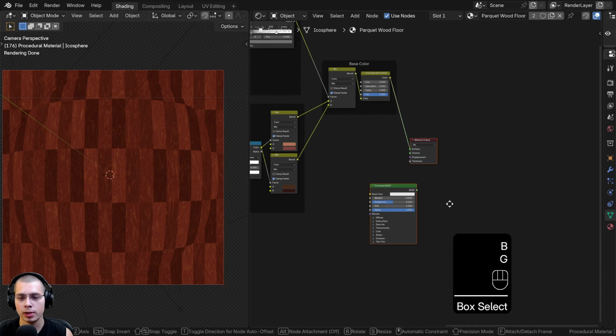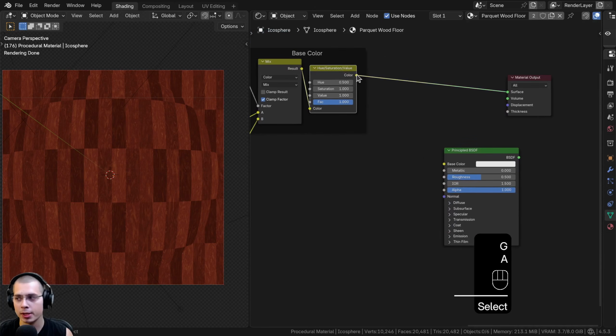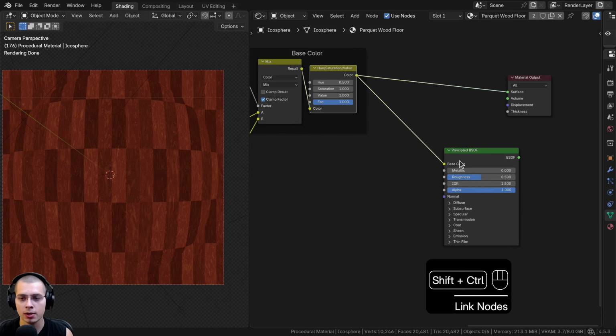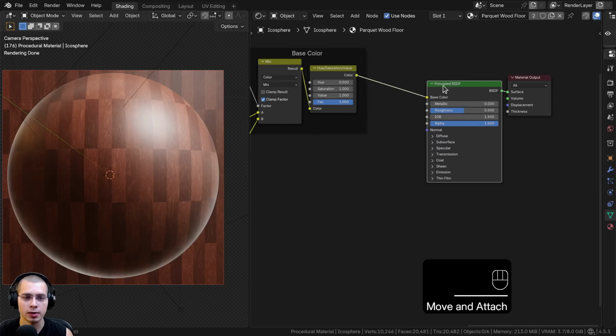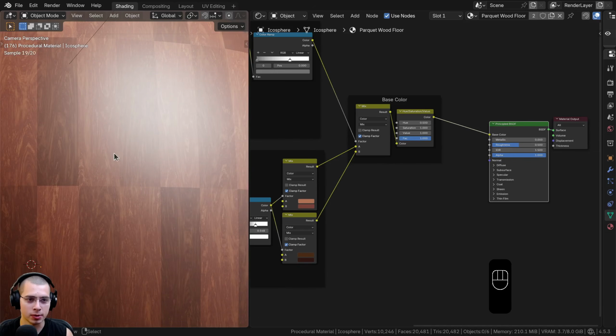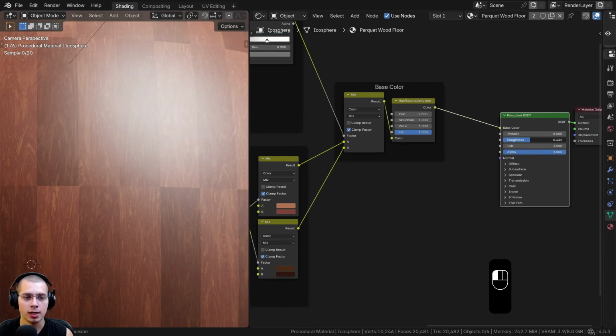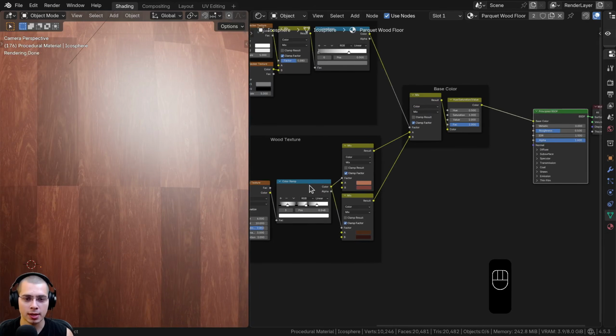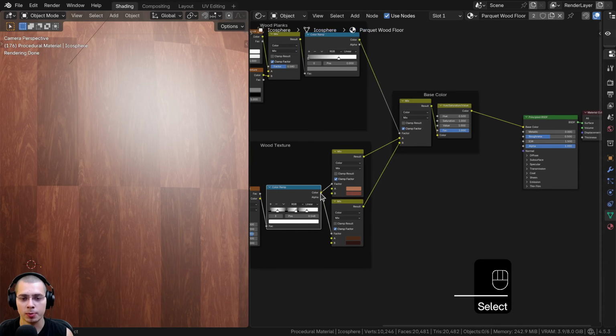So now what I want to do is drag the principled shader back here, and I'm going to put the hue saturation value into the base color, and I'll just preview the principled shader. So it's starting to look like wood. Now I do want to add a roughness map so that some parts are a bit more rough and other parts are a bit more shiny, because right now if I just change the roughness, it looks super even and smooth. So I'm going to take this color up here from the wood texture, and I'll put the color into